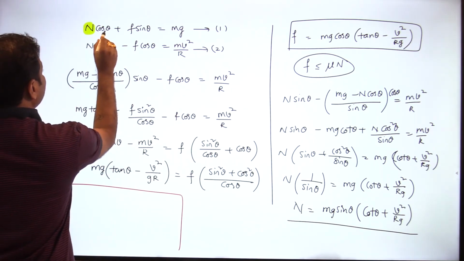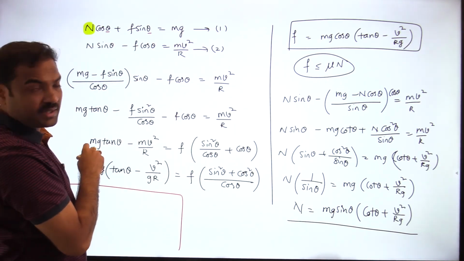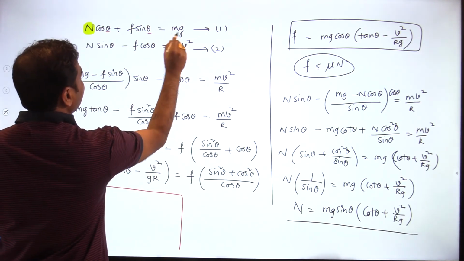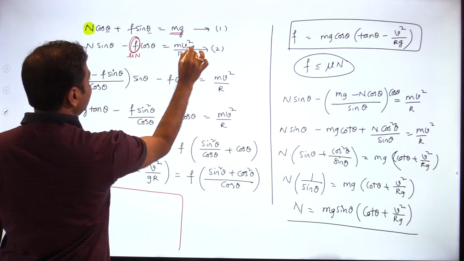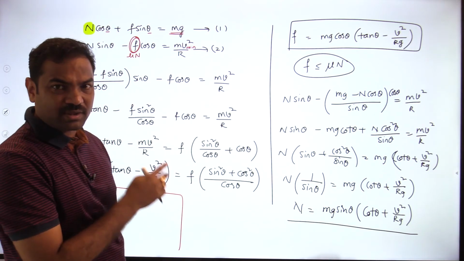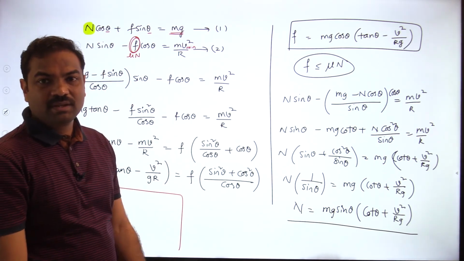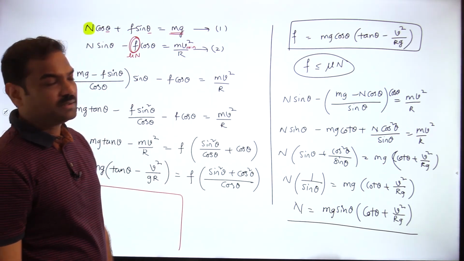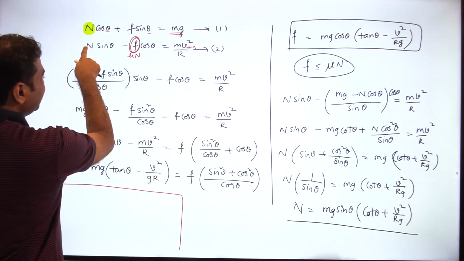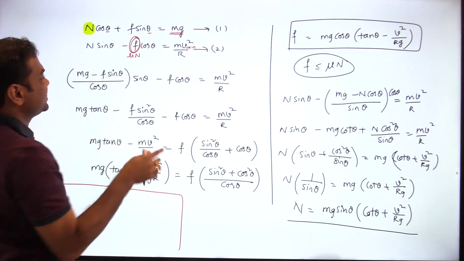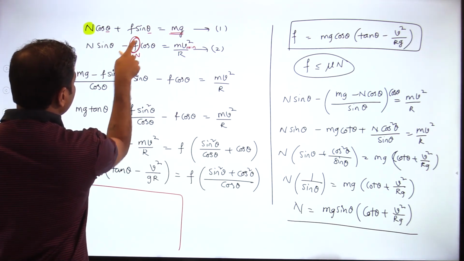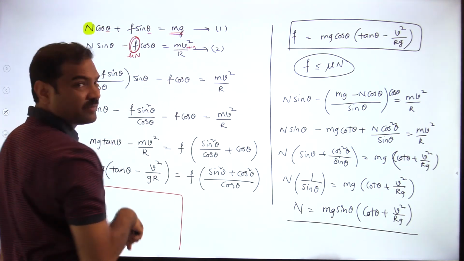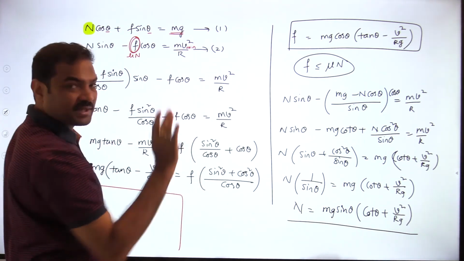See, theta is a fixed quantity, am I right or not? Theta is a fixed quantity, then mg is there, and what is the friction? Friction, if I am keeping the maximum value mu into normal reaction, then this v value will be minimum. You can say like this, but that's not exact because the n value is also variable, no? N is also variable. So as the n value is variable, we cannot say it that way, but usually people do use this logic also. If I am writing the maximum value of f, we are subtracting, so you can say that you will get the minimum velocity. So directly you will get the minimum velocity.